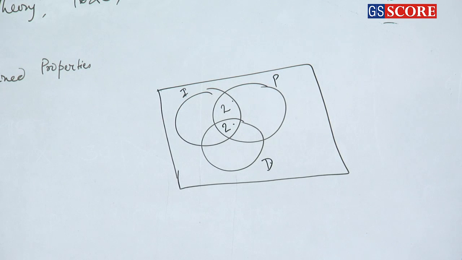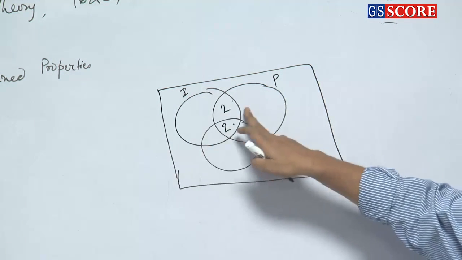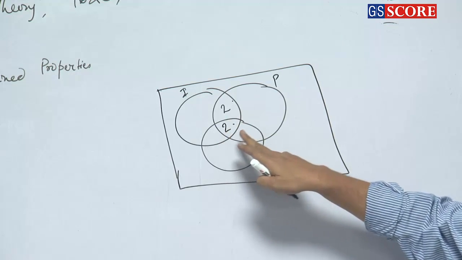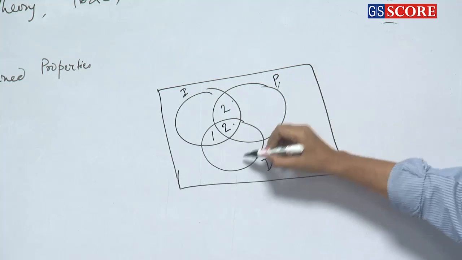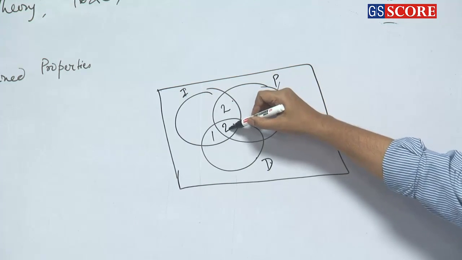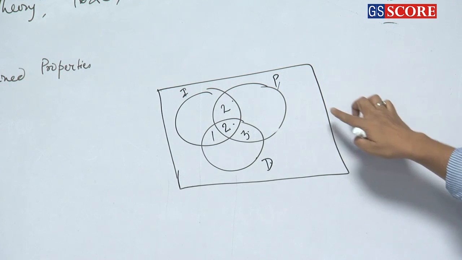isn't it? Okay. 300 prefer ink pen and dot pen. So ink pen and dot pen is this one. So this total is 300. So if this is 200, so this will be 100, 1. Easy or not? You start from within. Okay. And 500 prefer dot pen and pencil. So dot pen and pencil, this total is 5. So this is 2. So this is 3. Clear or not?